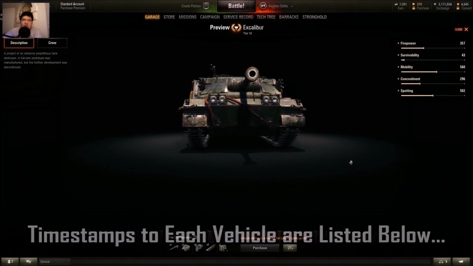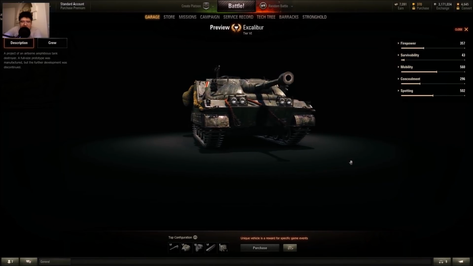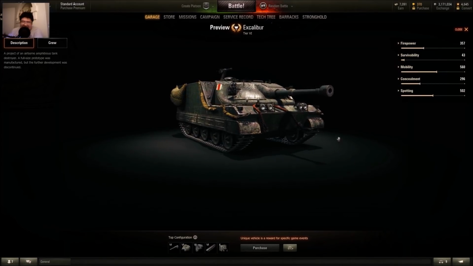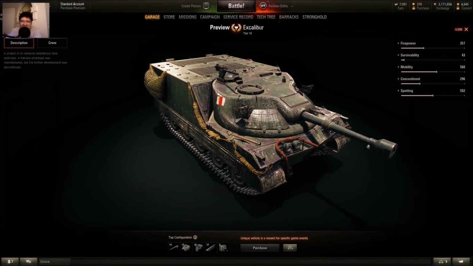But we're starting off with the Excalibur, a premium tier 6 British tank destroyer. It is a Ford Transit of a tank destroyer. It looks great, holy crap. So paint this vehicle white and write free candy on the sides. Mwah, excellent meme. Child abduction is not funny, but visually it is